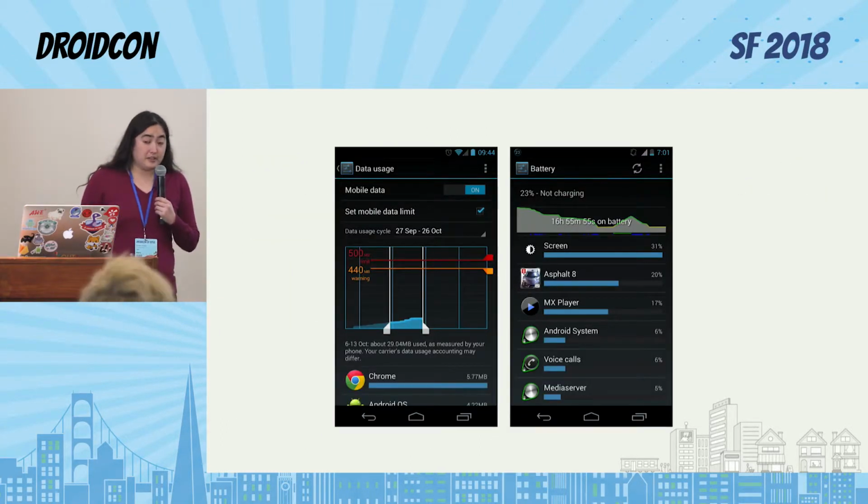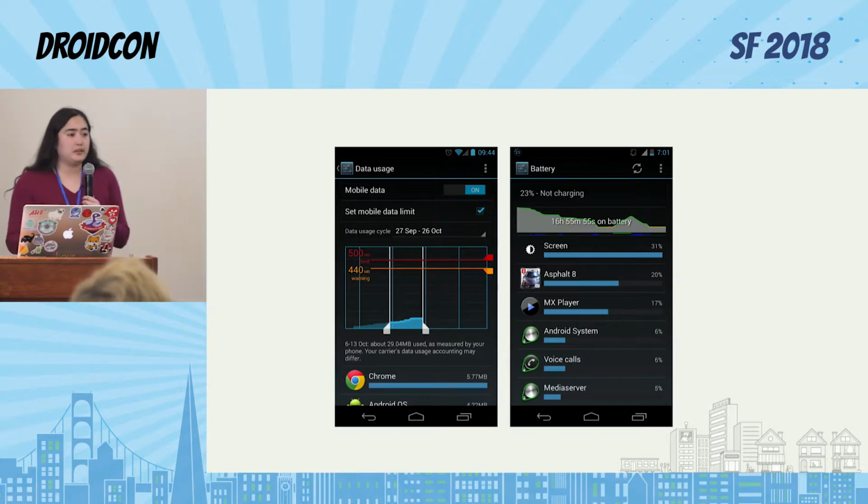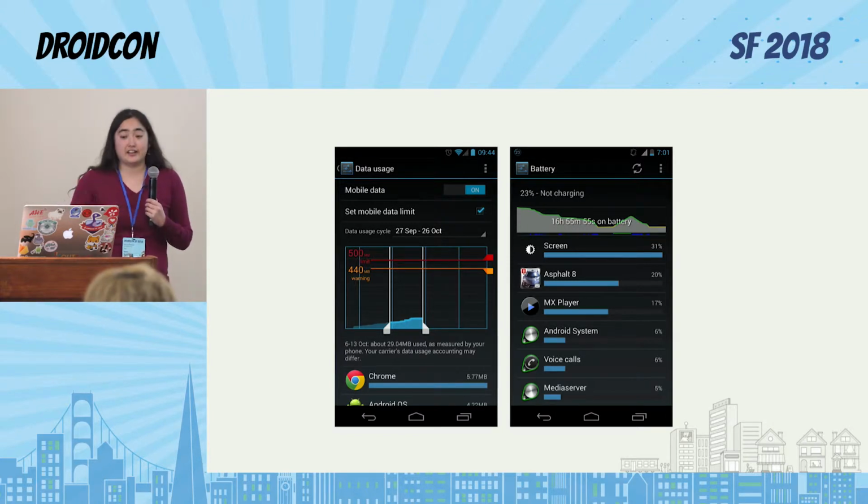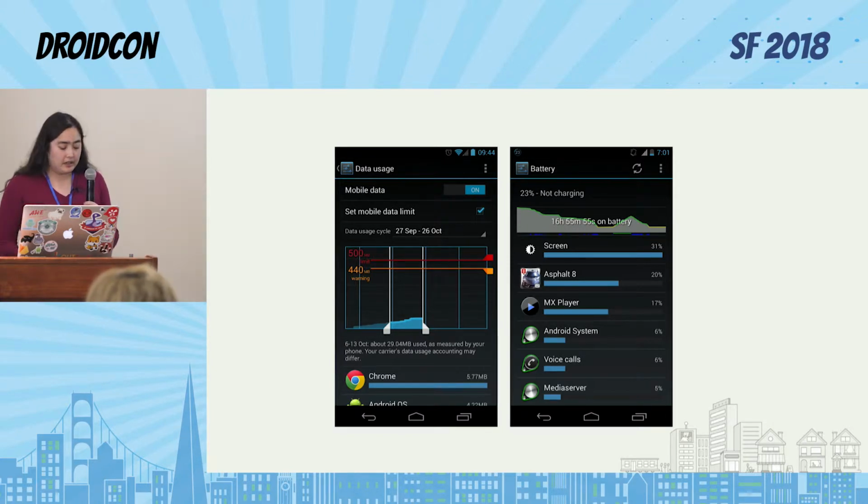So another problem is mobile devices often are somewhat data constrained. People often have limited data plans, and if you send too much data, they won't want to use your app. It doesn't necessarily have to be catastrophically too much data. There could be people who are not happy with how much data your app is using, who are just silently uninstalling your app, and you have no idea that this is going on.